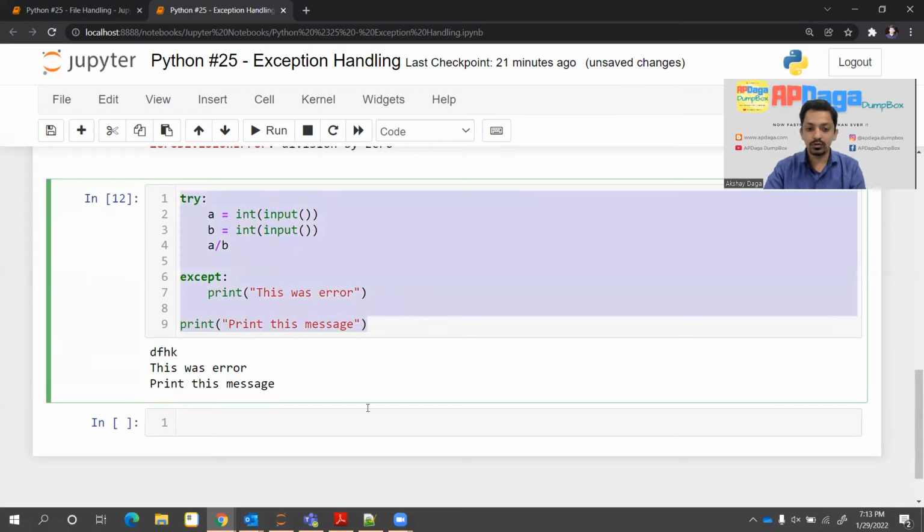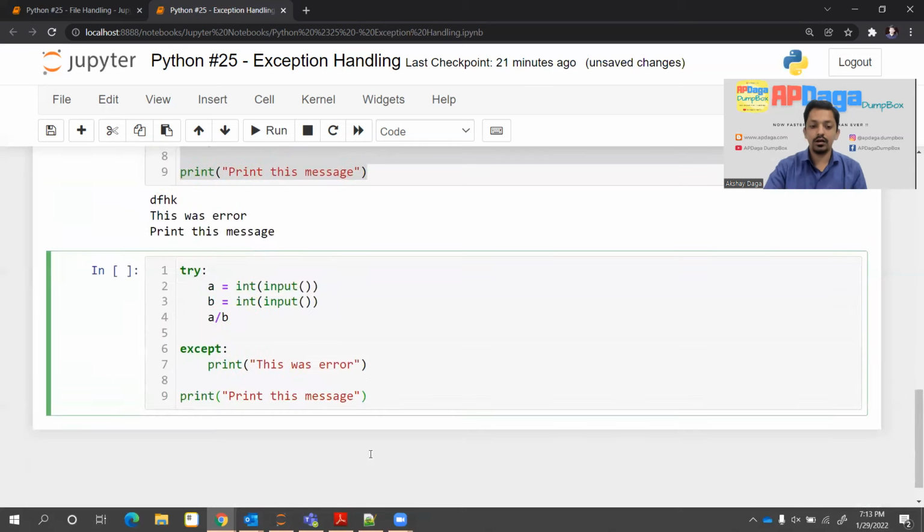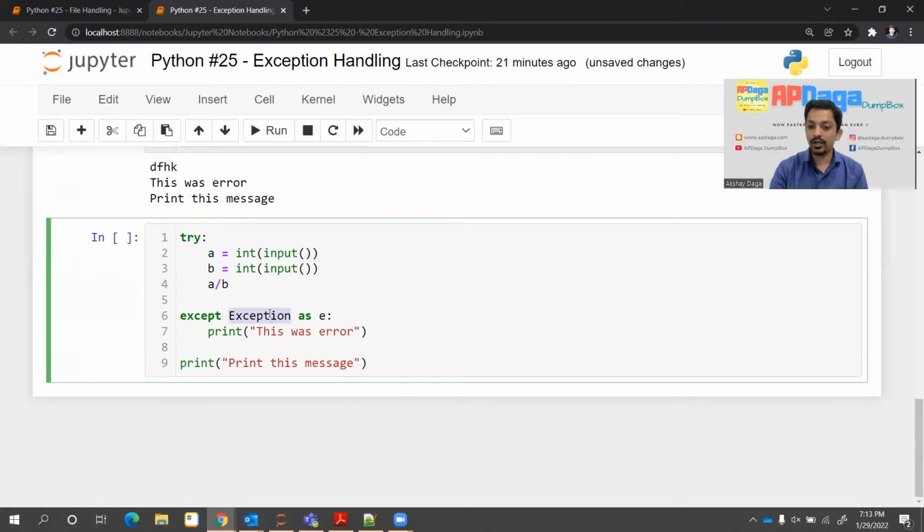I'm just copying this code, I'm pasting it here, and I'll do one thing. Instead of just writing except, I'll write except Exception as E. So basically what is happening, there is a superclass named Exception. Okay, see,